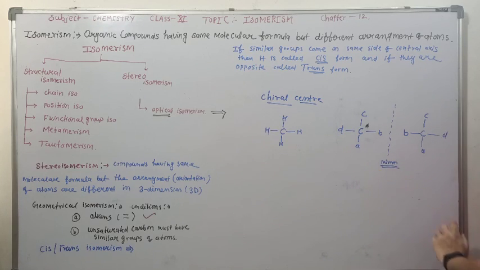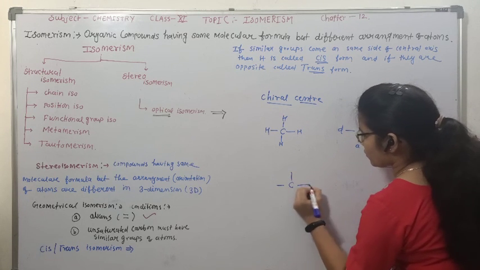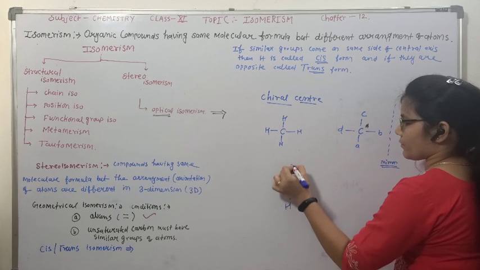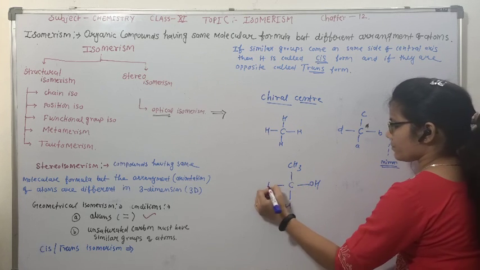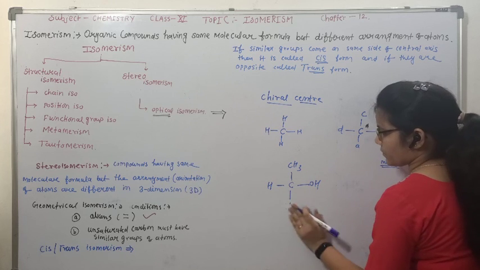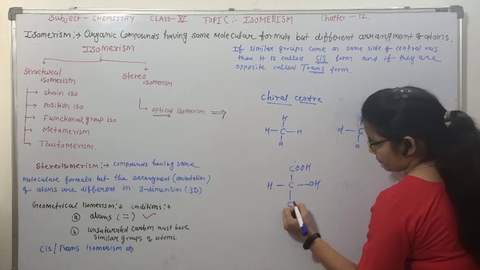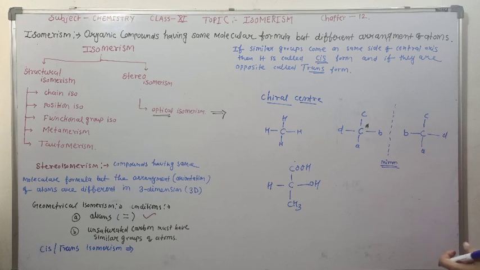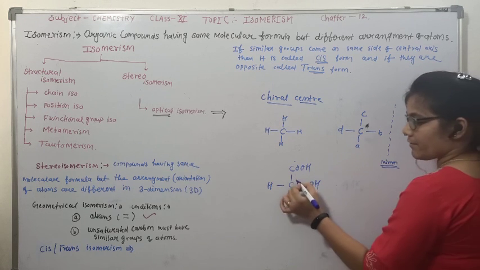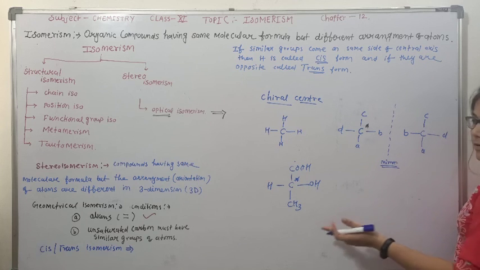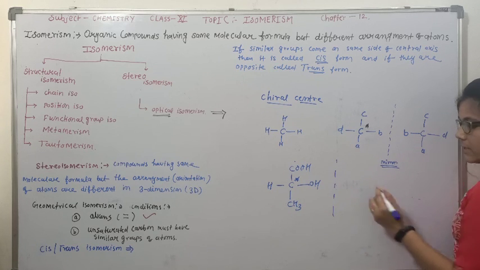Okay, so in a carbon compound, if the carbon has four different groups or atoms, then it is called a chiral carbon, and a chiral center shows optical activity. So if the compound has a chiral carbon, it is called an optically active compound. For example, if we have this group, this compound has one chiral center here,